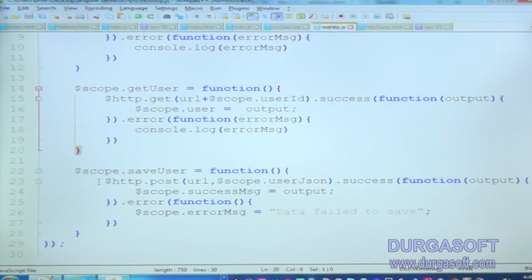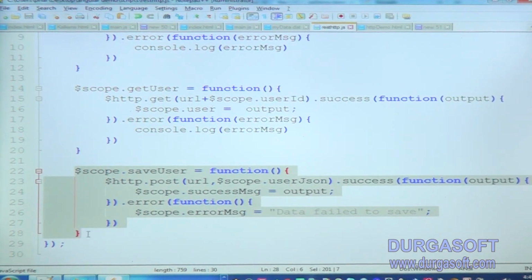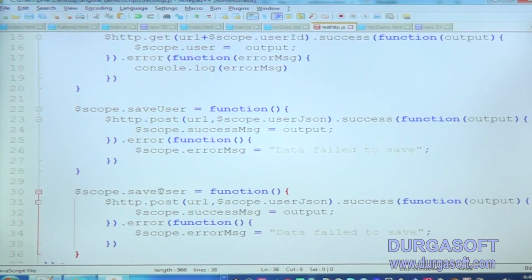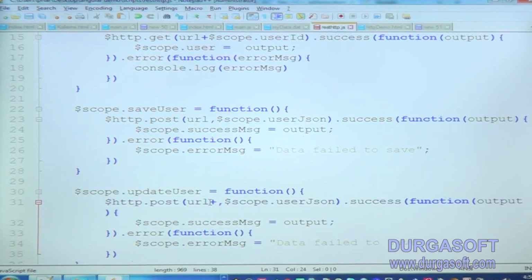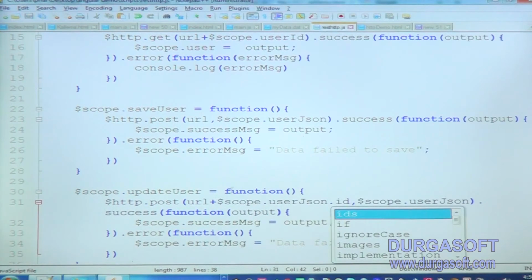In the backend JS I am using one more method, update user, and for this I have to pass $scope.user.json.id.